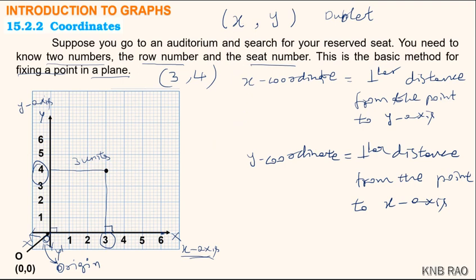That's why I said x coordinate is a number on x axis and y coordinate is a number on y axis, but in fact they are perpendicular distances dropped from the point to the axis. Remember, plural of axis is axes. A-X-E-S. Axes. Now, you could see this is the perpendicular distance, and here is the perpendicular distance I have taken.